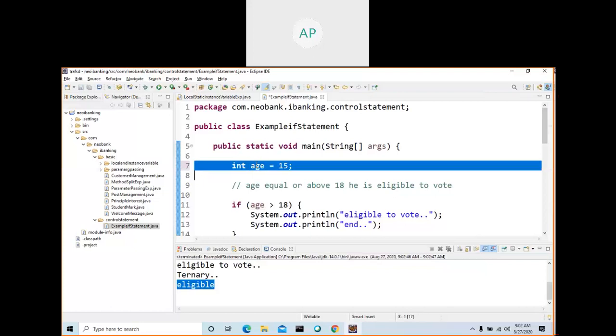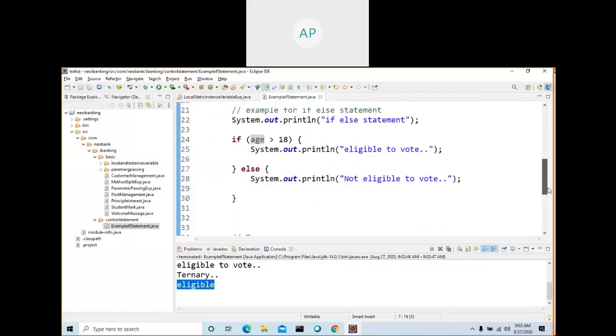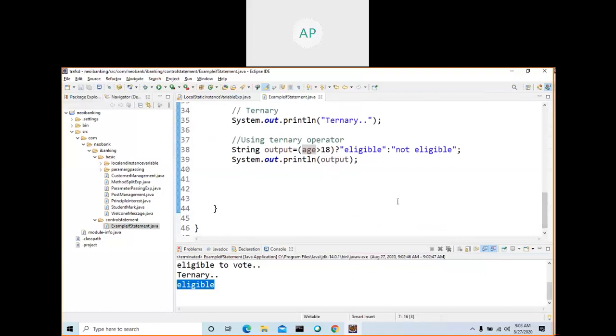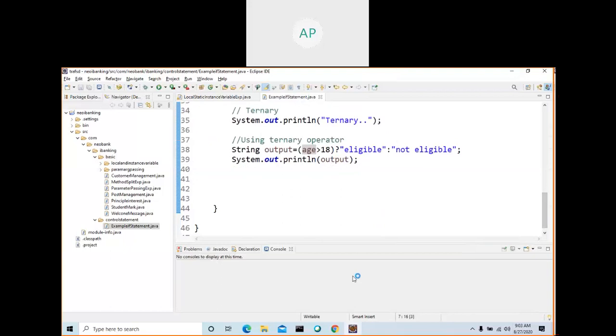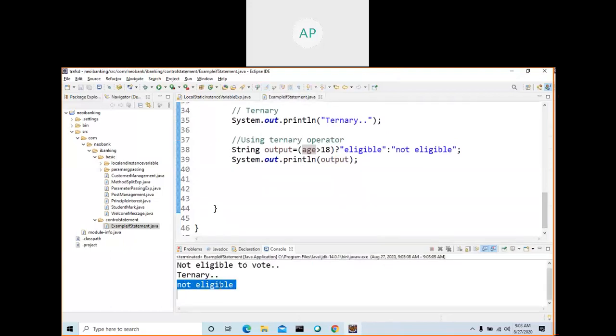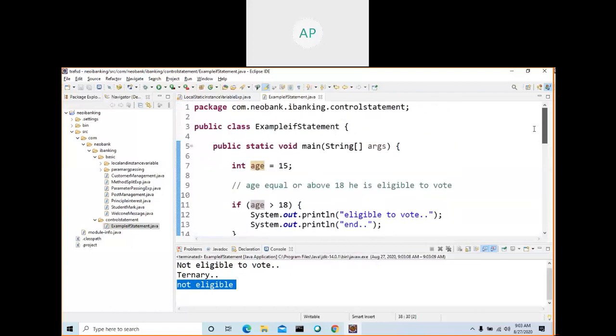So this one you can get by using scanner, right? Try to get scanner and assign to age, and also use it to get input from the user. Run. See, not eligible. Why not eligible? This condition is returning false. Your age is 15, so returning false.